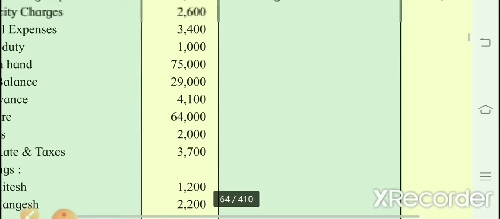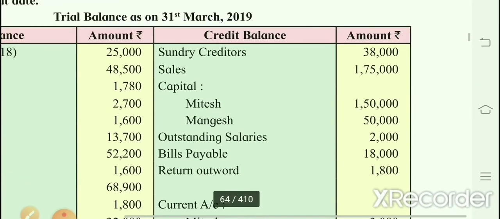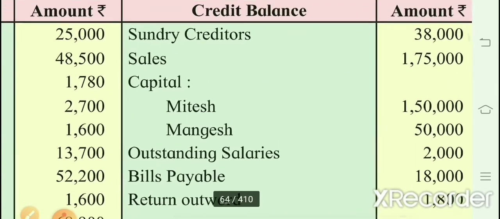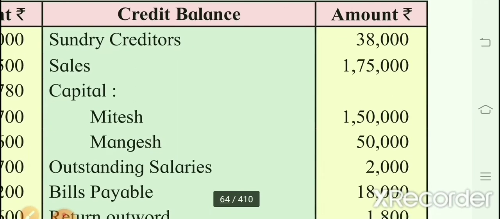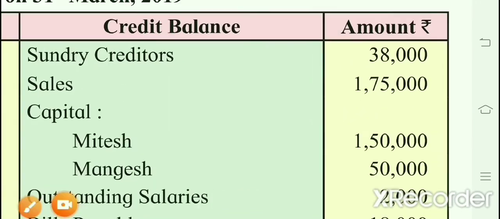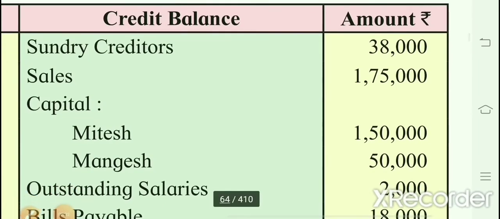Then see the credit side of trial balance. First is creditors. It will appear on liability side. Next is sales. It will appear on credit side of trading account by rupees 1,75,000 on inner column. In trial balance, return inward is there, that is sales return by rupees 1,600. So deduct 1,600 from 1,75,000. Net amount of sales will be